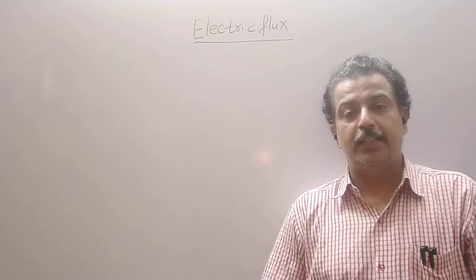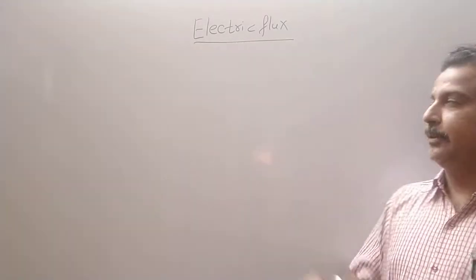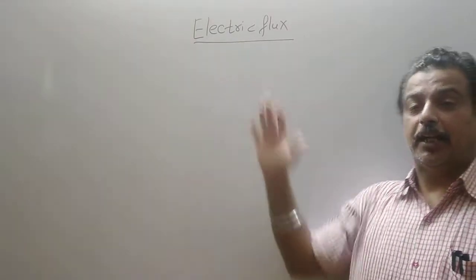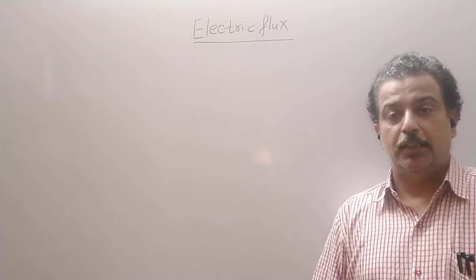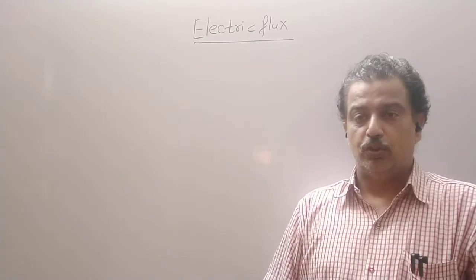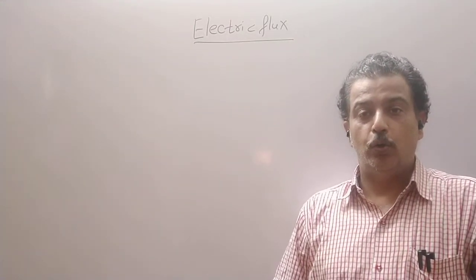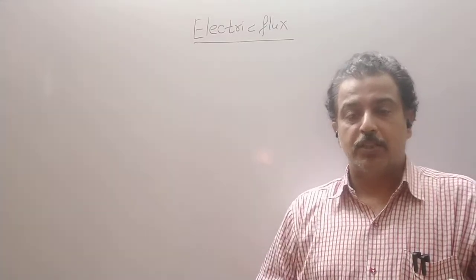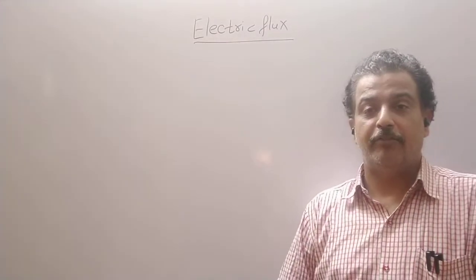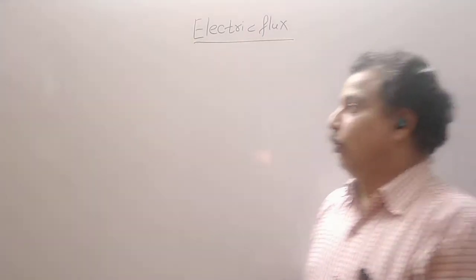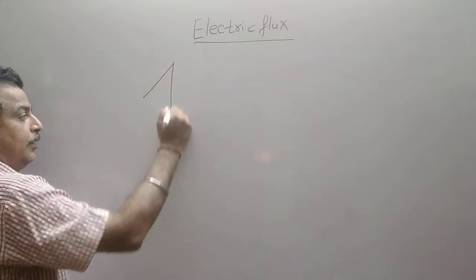How a plane is oriented in the electric field lines. In simple terms, electric flux will give you the measure of the strength of an electric field. So it is simply a measure of the strength of electric field. Now how can you measure the strength of electric field? By the concept of electric flux. Now let us consider a plane like this.